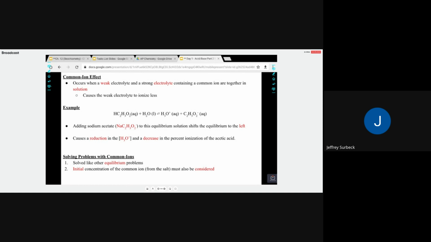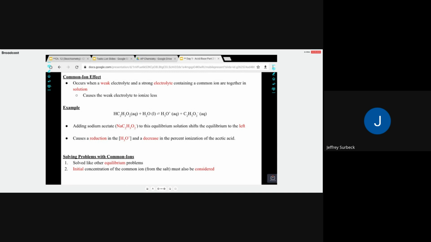Now, we've seen this, but we haven't put a formal definition to what I'm about ready to explain here, and that is the common ion effect. What the common ion effect is saying is if we have a weak acid or a weak base and we add a salt, an ionic substance, into our solution, there's going to be that common ion. The bottom line here, it doesn't say this, but the bottom line here is when we have a common ion,